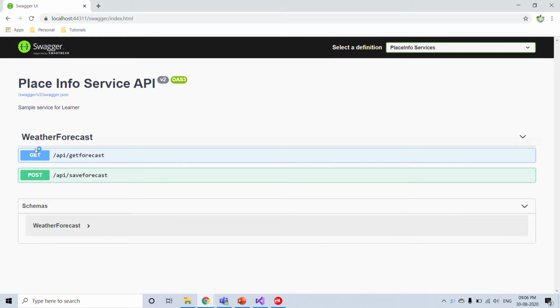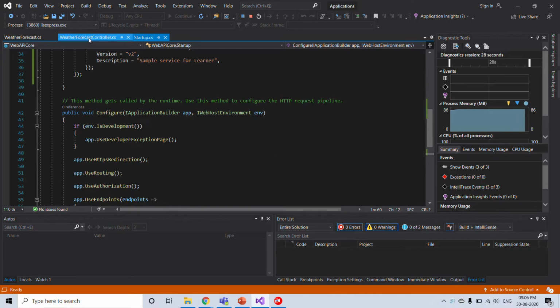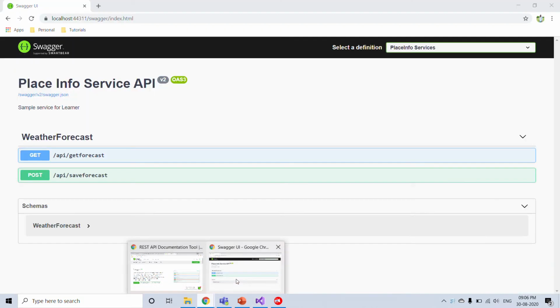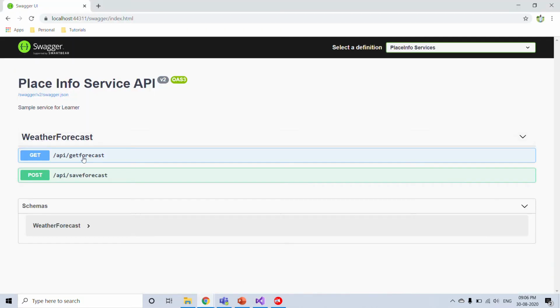And you can see here both of our methods, get and post. There are two methods in my controller: the http get forecast method and the http post save forecast method. So both methods can be seen here.